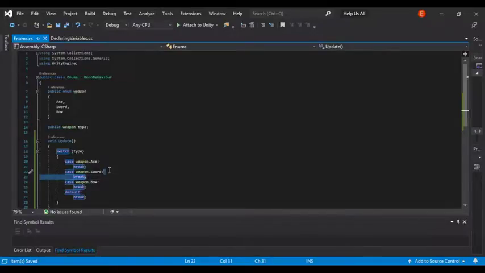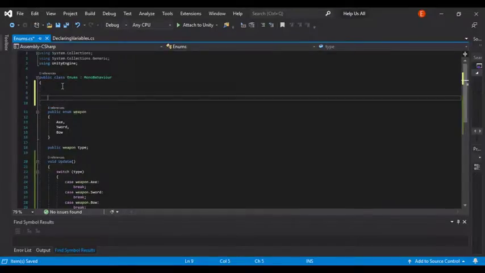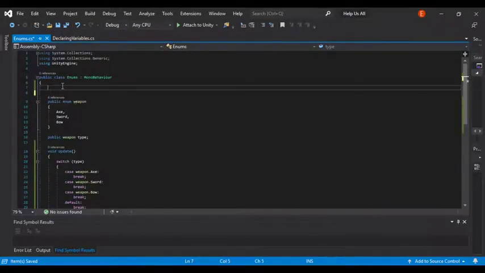Okay. Okay, now after we did that, let's add a few values, like private int damage.